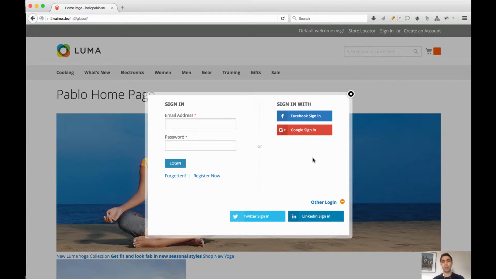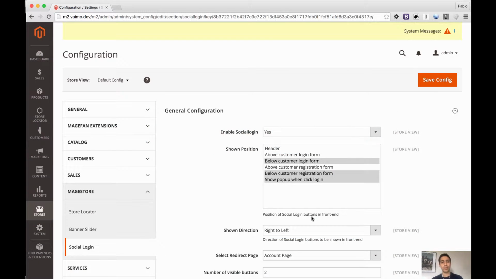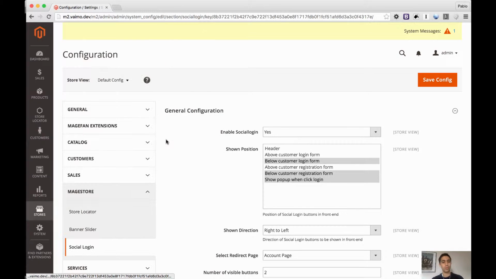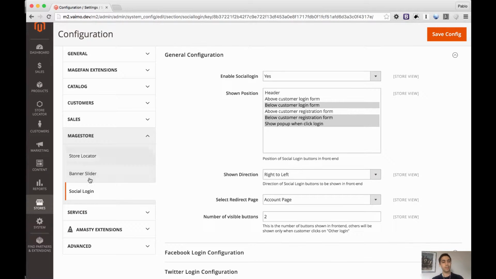In this training we are going to look into social login so that we can allow our users to log into our site using their own social network accounts. For example, Facebook, Google, Twitter or LinkedIn. So let's dig into Magento admin and go to Stores, Settings, Configuration and then down to Mage Store and